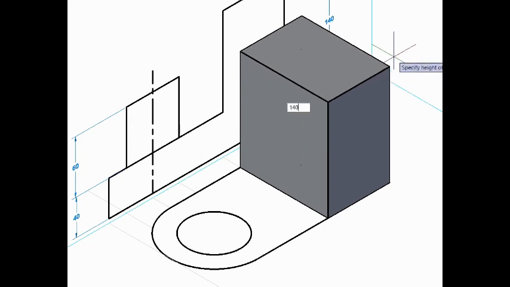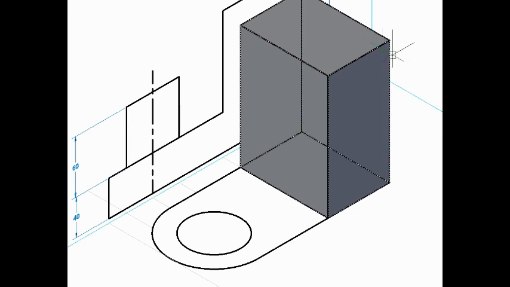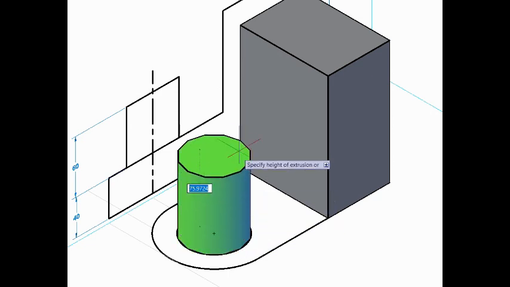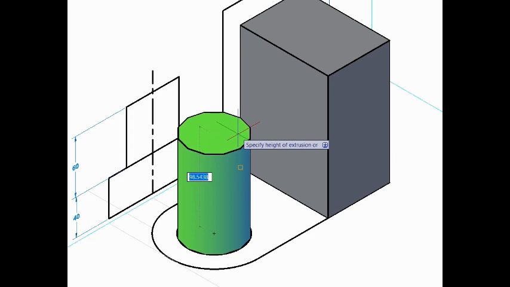Then another part is the cylinder and the lower plate. We can do any one. Let us extrude first the cylinder, then the lower plate. For clarity, I will just give the color to this thing, another color to this thing. So here this color I am choosing and trying to extrude this thing, or in the eyes of mind we are going to imagine that we are pulling it upwards. By how much distance it is to be pulled upwards, that will be seen in the front view. It is 60 plus 40, that is 100 from bottom.